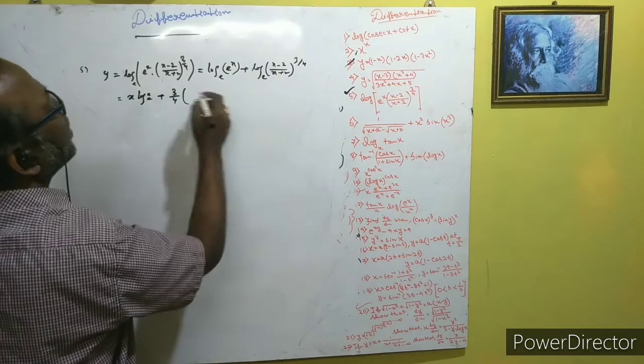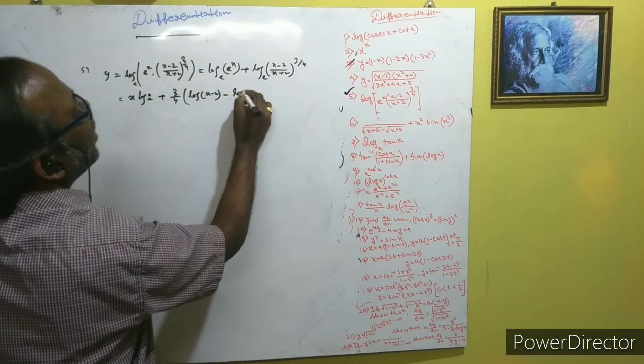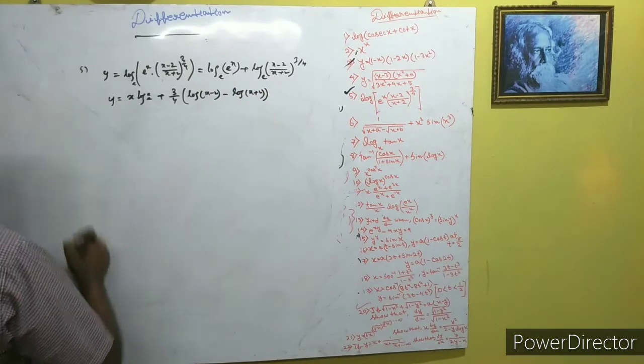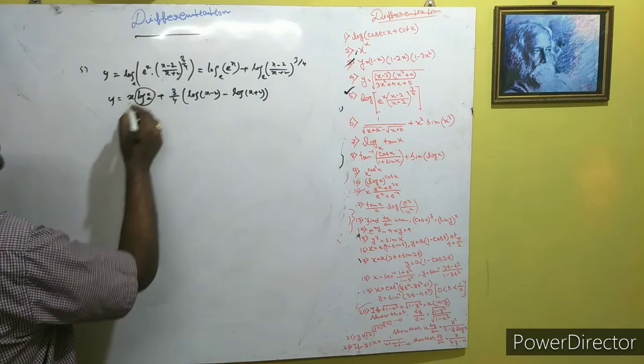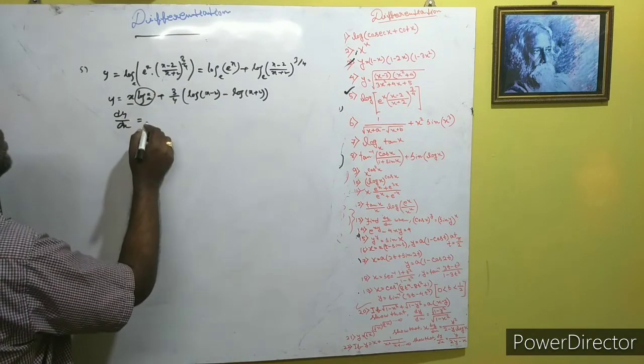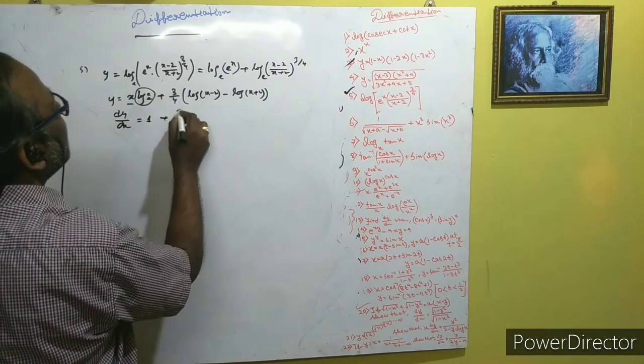So log a by b. This is log(x − 2) and log(x + 2). So this is our y, and e base is 1. Okay, differentiate both sides. So d/dx of x is 1, so e base is 1 here, and this is